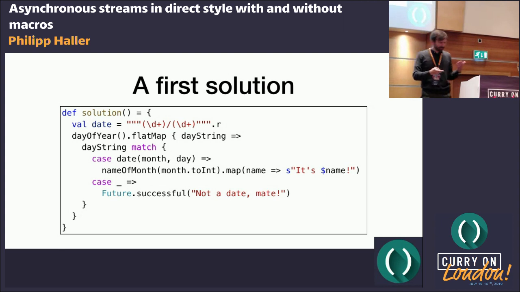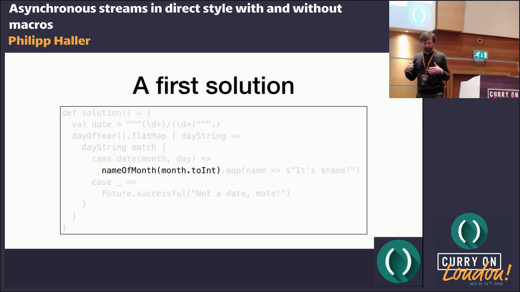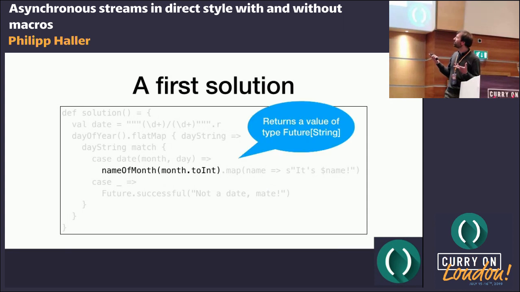Actually, to explain this, I just want to break it down in a couple of steps so that we can all understand the solution. So here, I'm calling a method that, given an integer, also returns a future with a string. I want to simulate a situation where we're calling lots of methods returning futures, and that's the case, for example, if you use microservices or whatnot, like in Twitter's Finagle framework, there's lots of futures floating around, right? So it's quite realistic that we're calling methods returning futures all the time. So this guy returns future of string.